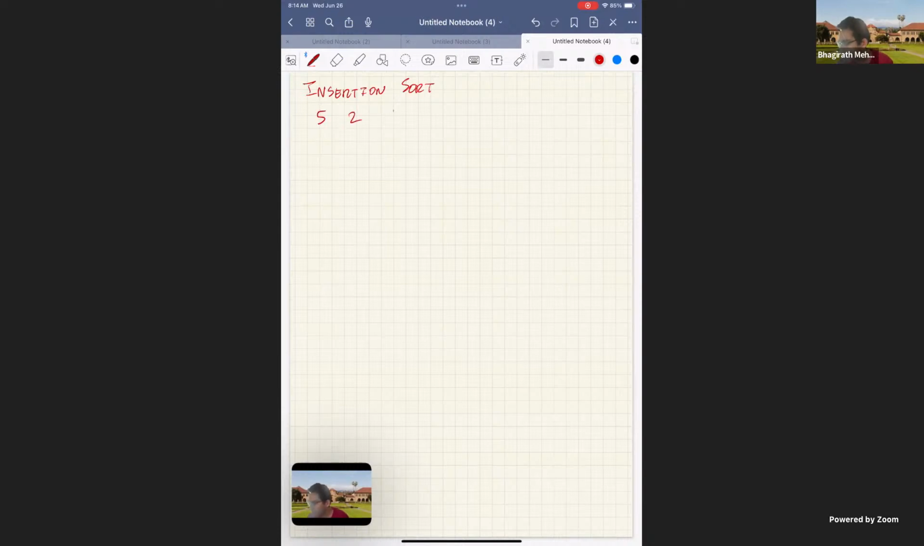Okay, 5, 2, 8, 12, 3. Okay, so what do we want to do? There's two ways of doing this. One is, let's create a new structure in memory where we go through this list once and then we say, okay, pass 1,